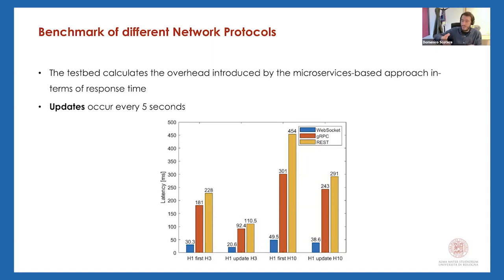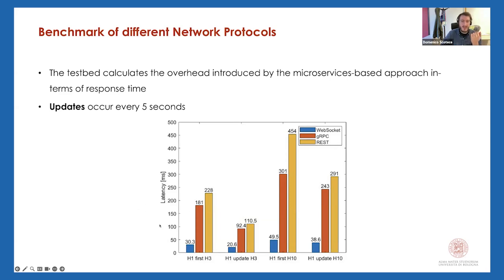This rule is still valid for the time that you can set. There is an expiration time. In this experiment, the expiration time is 5 seconds. After 5 seconds, this rule disappears, and then we have to update that rule. That's why there is the time that H1 update H3, the packet that renews the rule